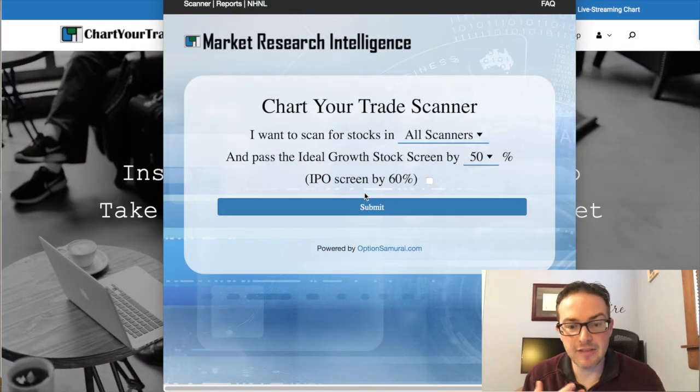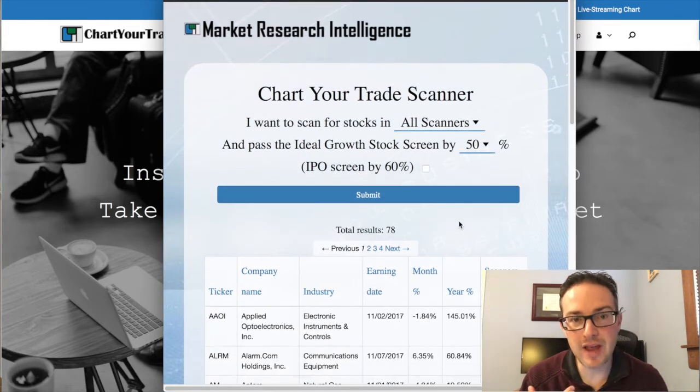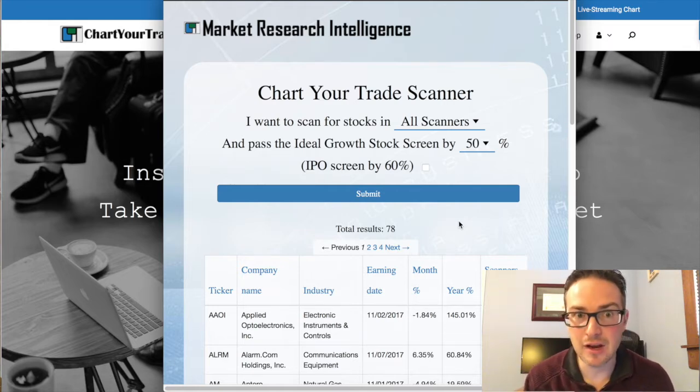Okay, so I already have the scanner opened. Let's see how many stocks are passing right now. Okay, so this week we happen to see 78 stocks passing our scans for the week, and that's a pretty good indication that the overall health of the market is pretty strong right now. We could obviously confirm that on the major indexes. It doesn't take a whole lot right now, as of October the 12th, to see that, yeah, the major indexes